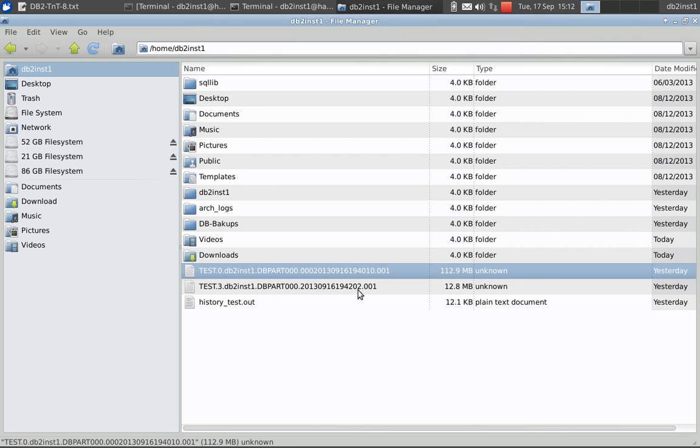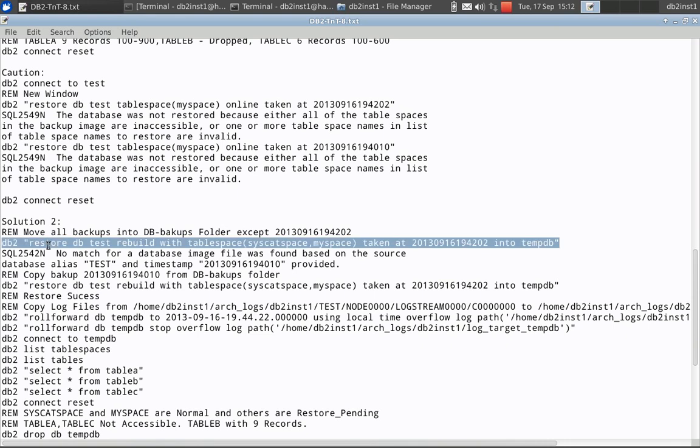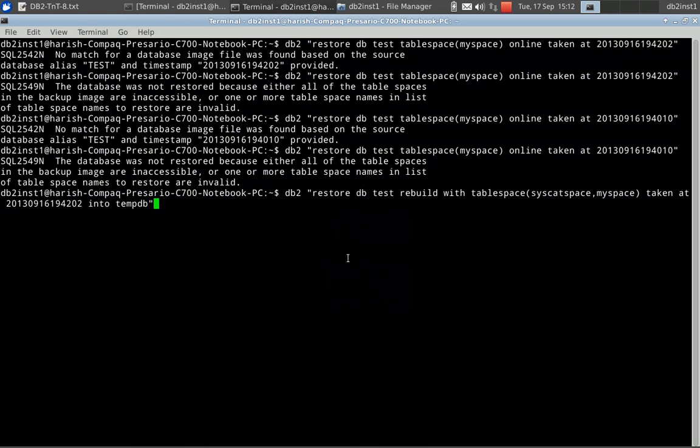So only the 202 image file is available. So I am trying to rebuild the database into temp db. Temp db is the new database that we are trying to rebuild. So paste it here, enter.